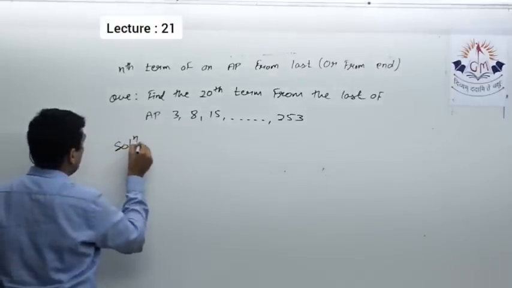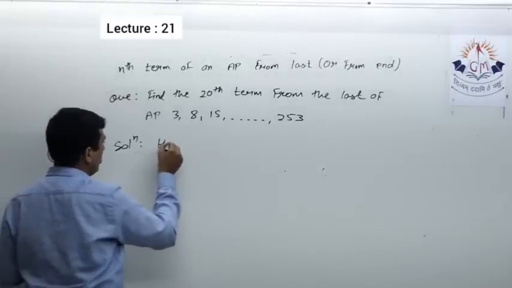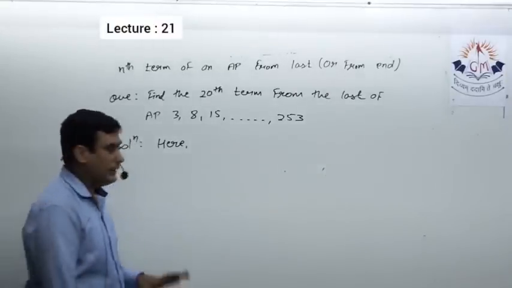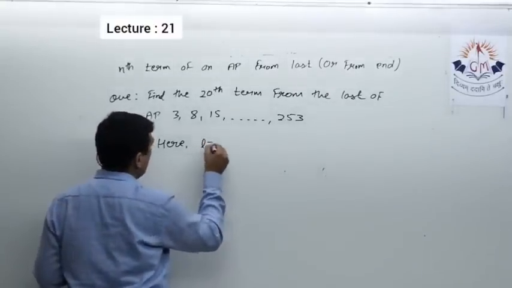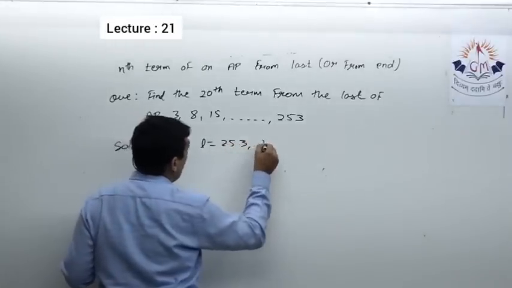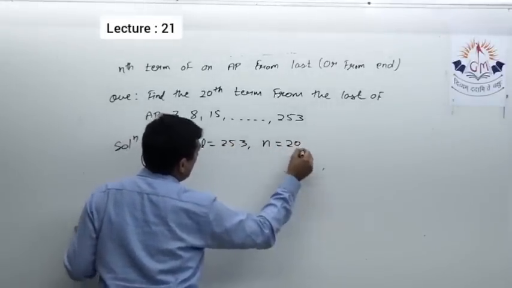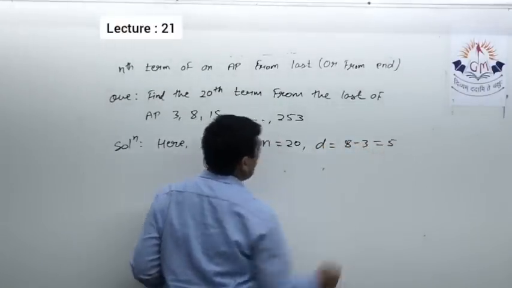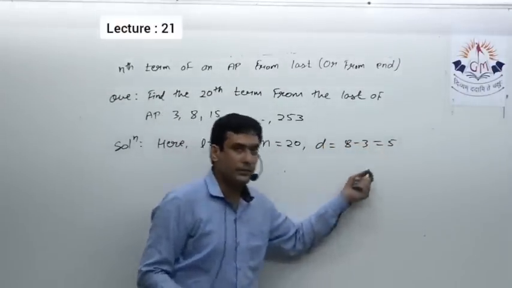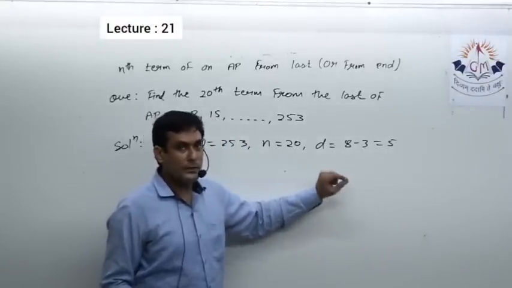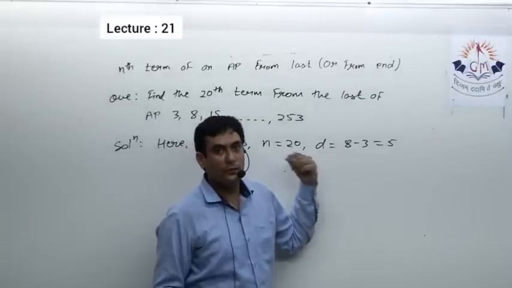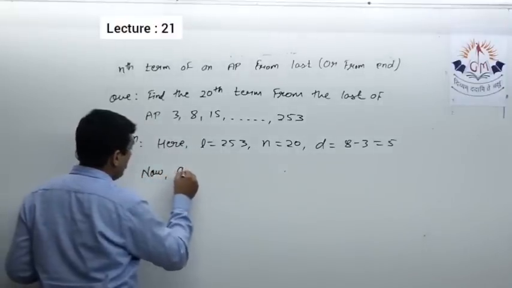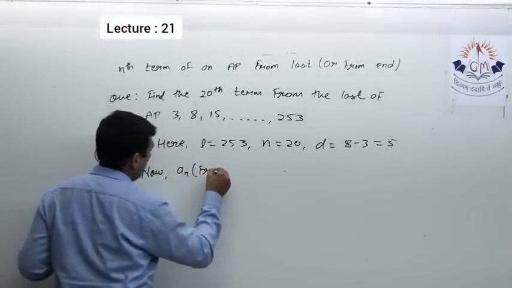So, solution, it's very easy. We have to just apply the formula, and the formula is L plus (n minus 1) into minus d. So here L is 253, n is 20, d is 8 minus 3, that is 5. Don't get confused because minus d is there. Simply you have to find d, and just put the value of d in the formula, and the formula is an from end